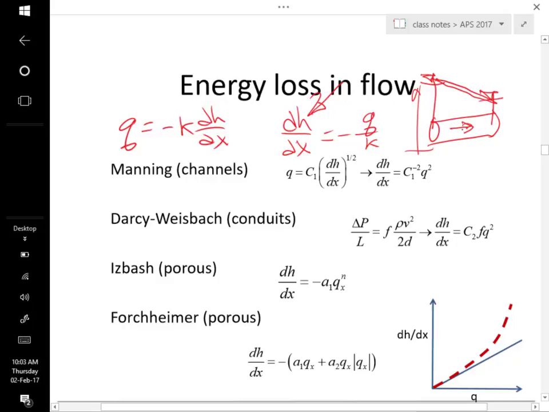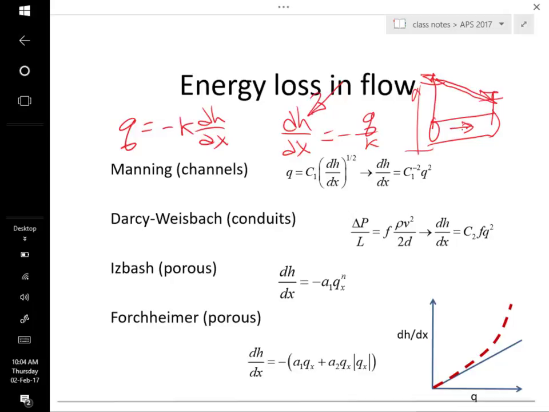Okay, and in Darcy's law, we're assuming laminar conditions, so this energy is lost by the molecular motion that's characterized by the viscosity in the fluid. Okay? All right, so that's laminar conditions,